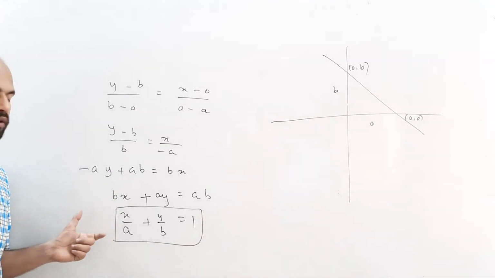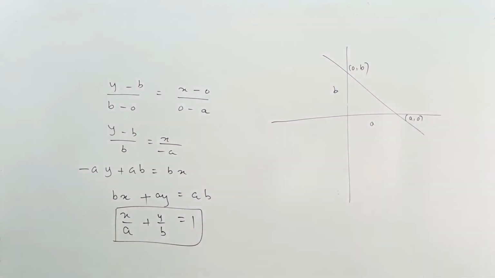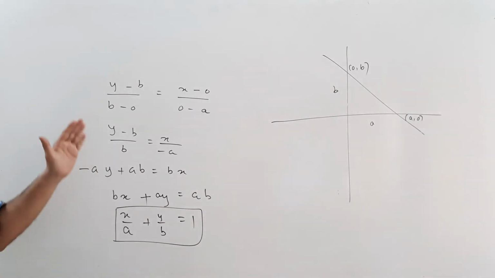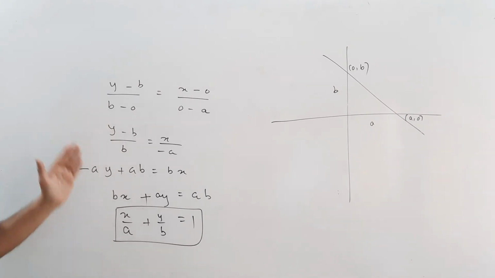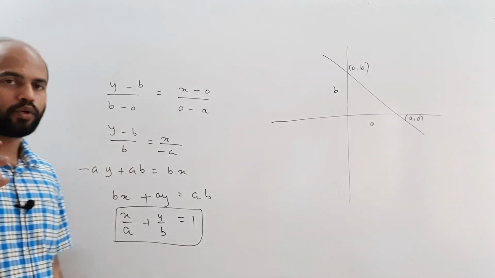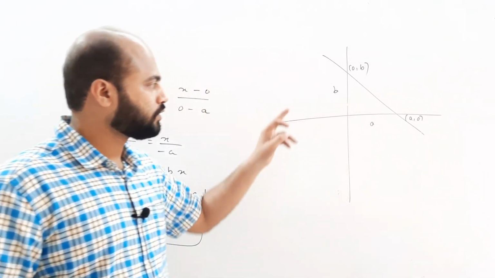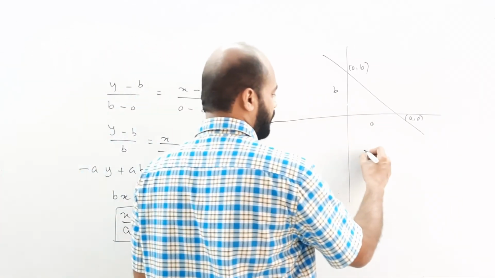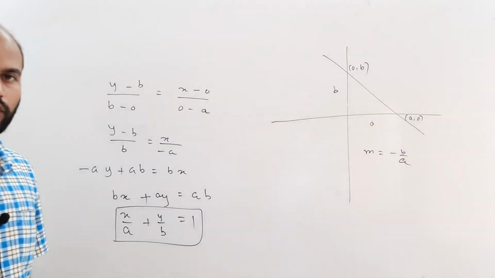That is, this is called the intercept form of the line, wherein the two intercepts are given to you and nothing is mentioned about the slope as such. But what we have done finally is I've used the slope point form or the 2-point form in this case because they're the same, and then I've arrived at this equation. Also, I can use the slope point form in this case because I know that the slope of this line is going to be minus b by a. So first we can find the slope and then you can use the slope point form also.